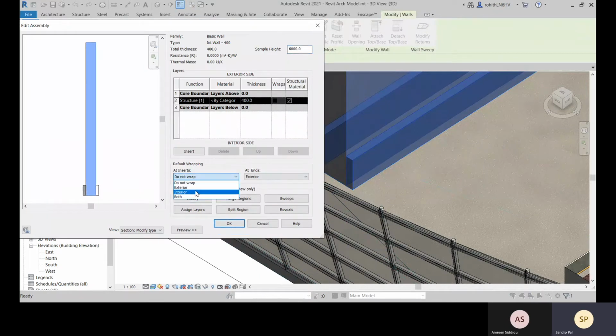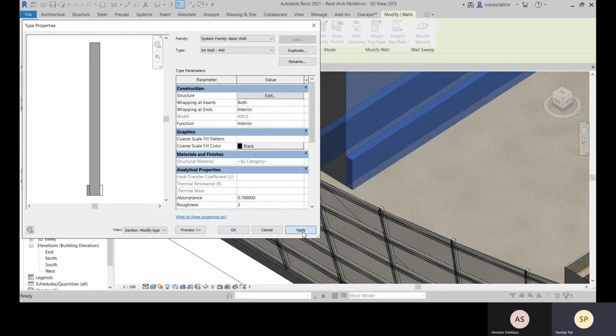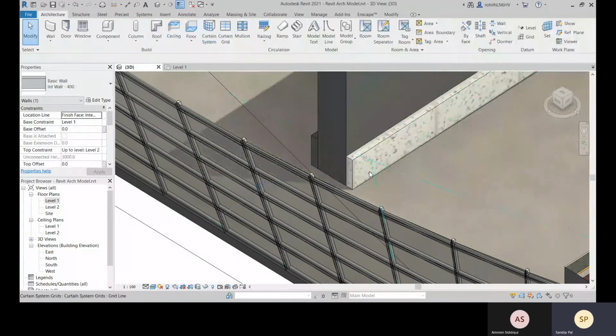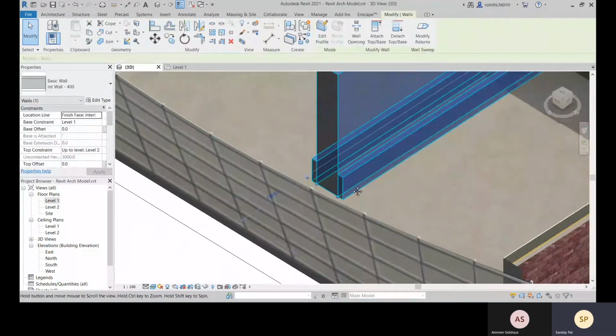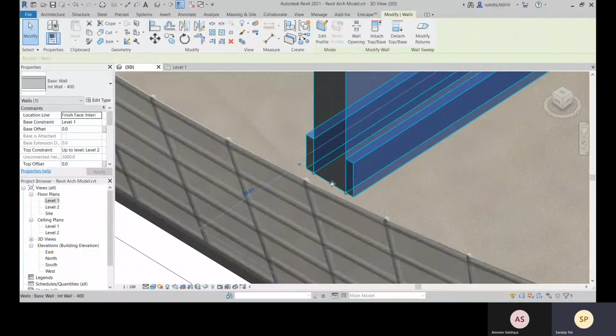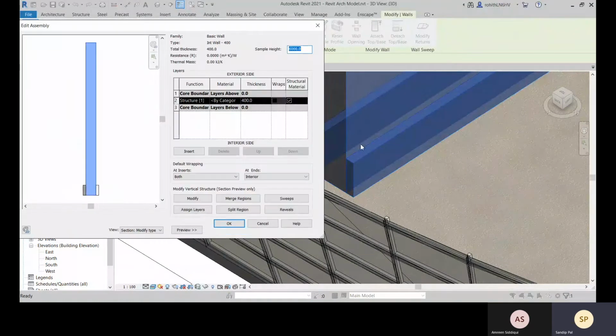I think it needs to change in that. Let's go with both. So here also you can mention it, wrapping at insert. And this is wrapping the layers over there.